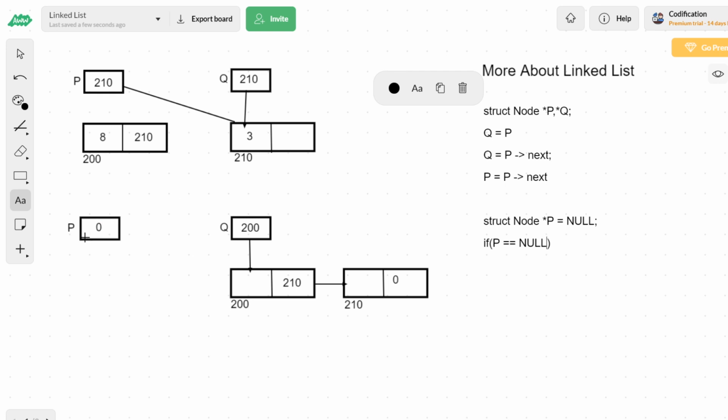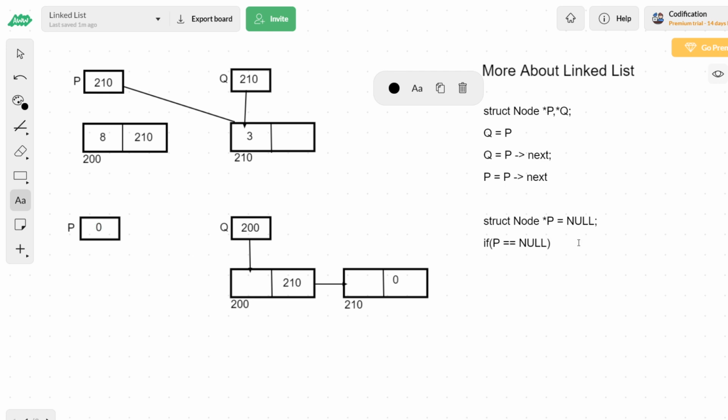This condition will evaluate to true if whatever we have stored inside the pointer is the null character. Null character is 0, both are the same. If I'm storing 0, checking if p equal to null will evaluate to true because null and 0 are the same.